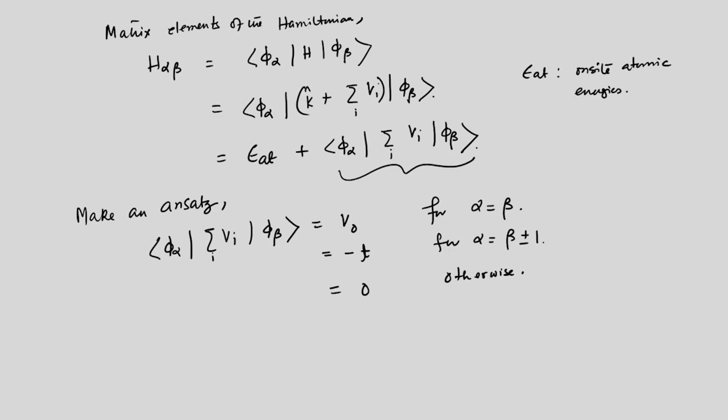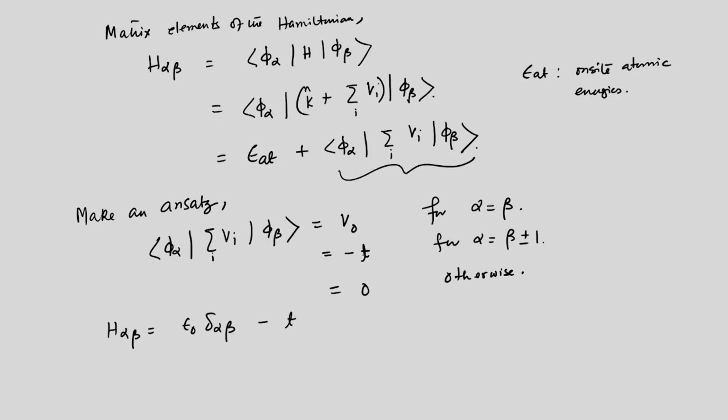Okay. And so, if we combine these epsilon AT and V0, we can write down H alpha beta equal to some epsilon 0 delta alpha beta, and then we can write down a